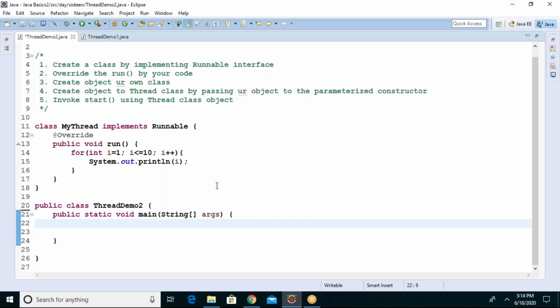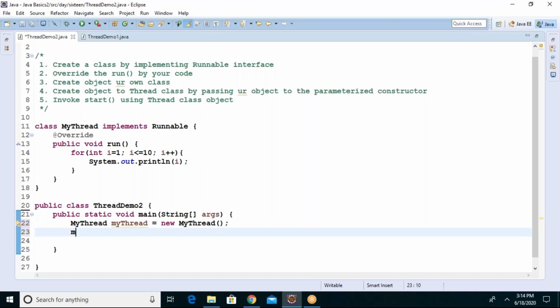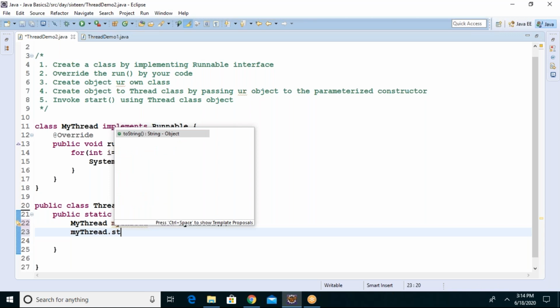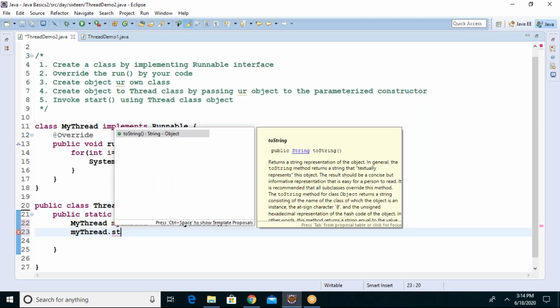Just a moment. MyThread equals new MyThread. But the problem is if I say myThread.start, there is no start method. Look at it. Do you have a start method?